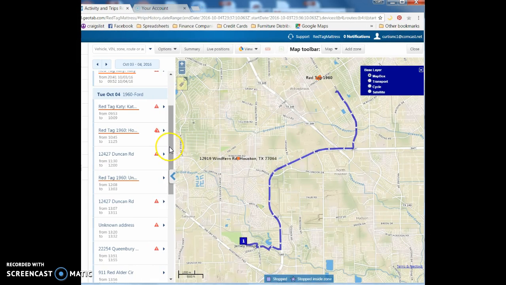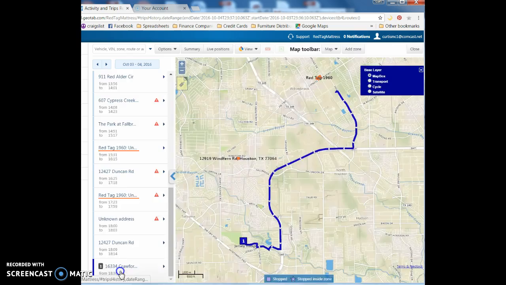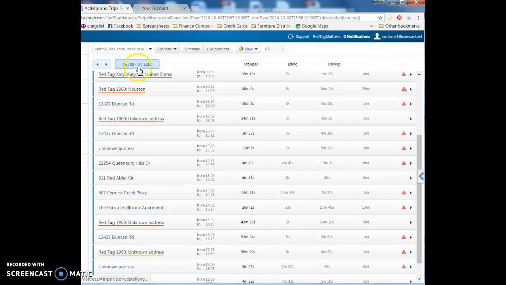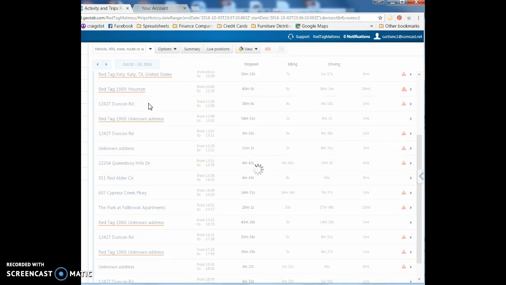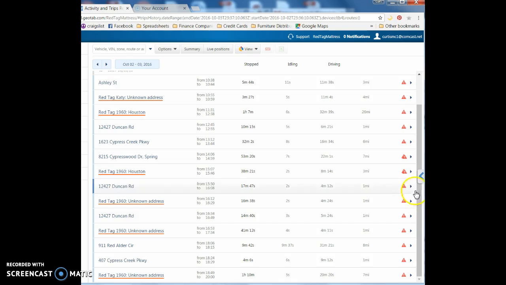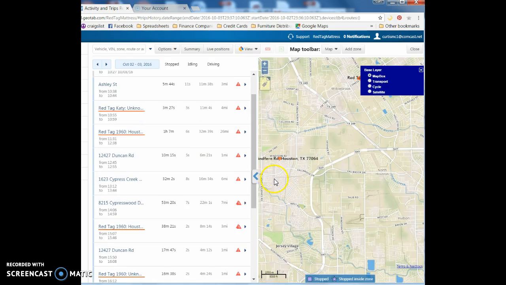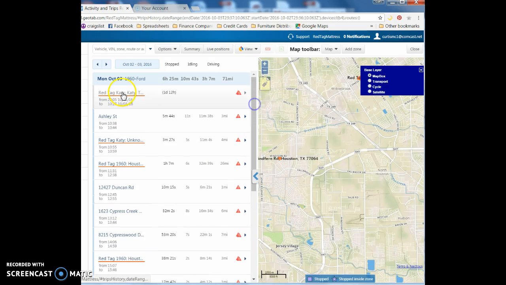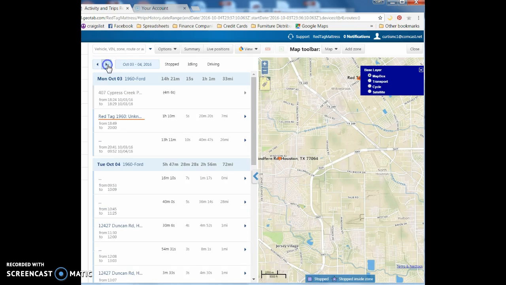Okay, so what we want to do is turn all these off so we get less confused, and we want to pick the date. This says October 3rd, 4th, because it's the night of the 3rd into the 4th, so we're going to pick the 3rd. Okay, and then minimize this. Now, we can start from the top to see where they were and what they did, but much of this, October 2nd, October 3rd,